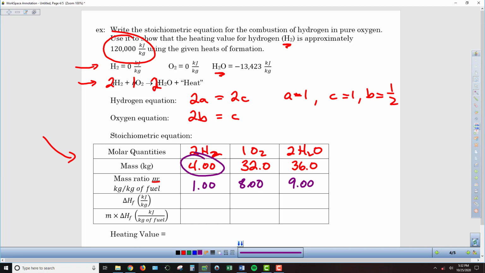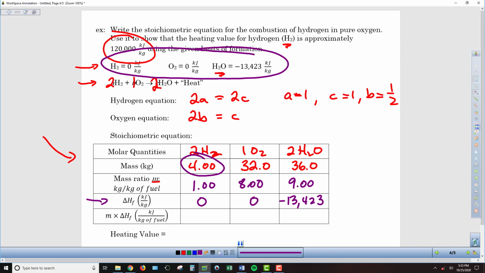Then we're going to take these mass amounts and we're going to multiply them by the heats of formation of each of these molecules that we get from a table of values. So we've got those up here. So these are found in the laboratory. It's measured how much heat is produced. And so I already talked about the hydrogen and oxygen having 0 heating values because of their natural formation. And then for water, when water is formed in a reaction, we get per kilogram